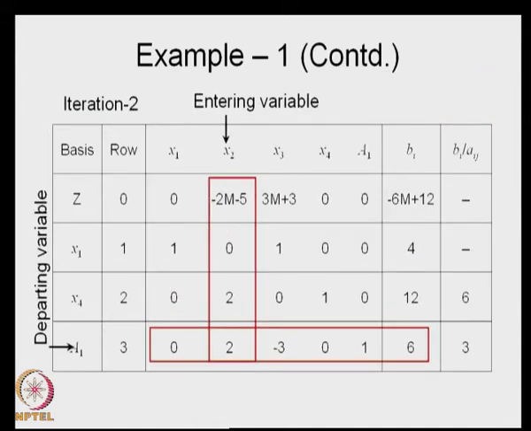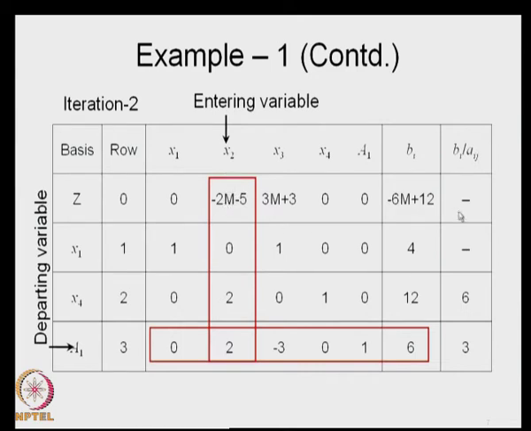So, this is the transform table now. Now, you ask the question whether this is an optimal solution. It is not an optimal solution because there is a negative coefficient here in the z row. Remember here, if you had let us say minus 2 m plus 50,000, even then it becomes a negative number because m is very large. So, minus 2 m minus 5 is a negative number here, and therefore, this solution is not optimal, and because there is only one negative number, the variable corresponding to that negative number will enter the basis. So, this is the entering variable.